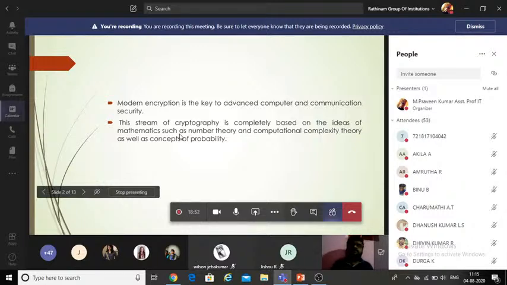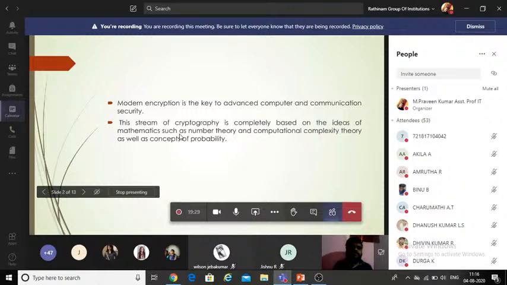As I told in the first class itself, from the first unit till the fifth unit we are going to do the same process: the sender is going to send a message to the receiver. In that message sending, the message should be encrypted. For that encryption we are going to use various algorithms, from the basic one to the advanced one. This is what we are going to see from the first unit to the fifth unit, right? So modern cryptography has mathematics as its core idea.